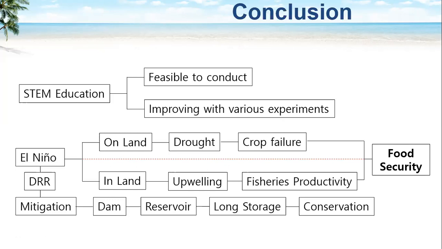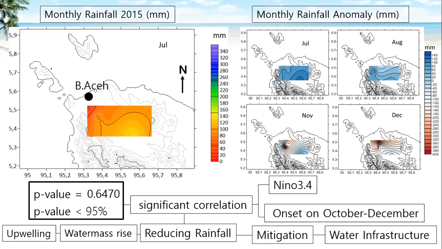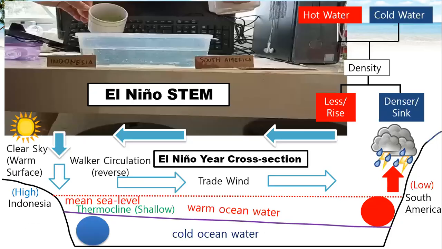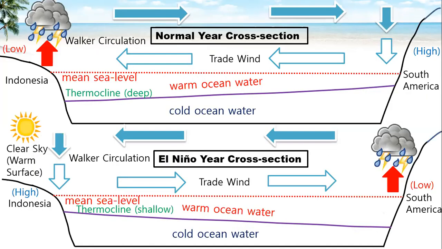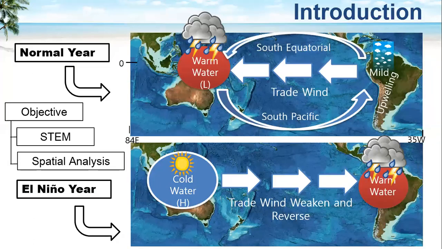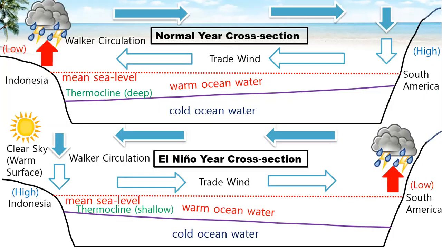Now, there is a news that La Nina is about to come. What is La Nina actually? The mechanism of La Nina is almost the same as normal year conditions. Here, normal year condition. When La Nina comes, the trade wind is stronger than normal. So La Nina year actually is all the same as normal year, but